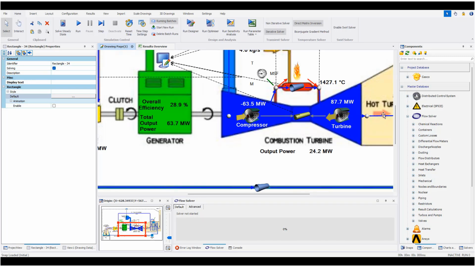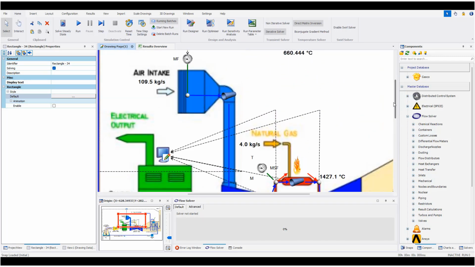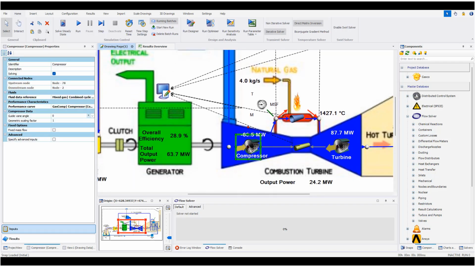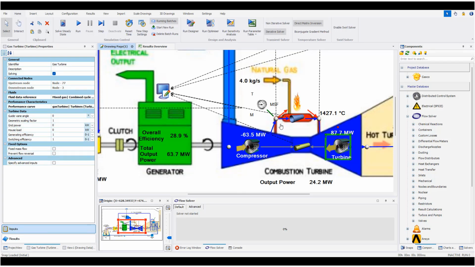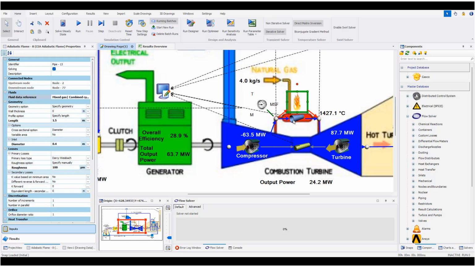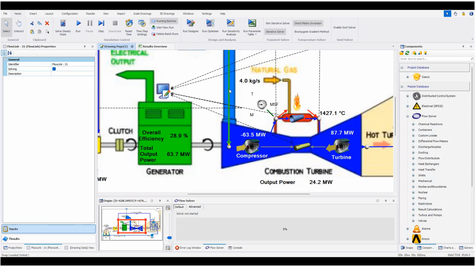You can see that basically we have air intake, we have compressor, turbine, and here this is the heat transfer element, it is flame, and we have here for the increasing the pressure and gas, with here pressure and here is the temperature. So this is the air intake coming to the compressor,